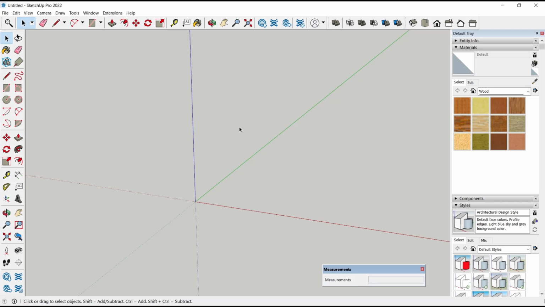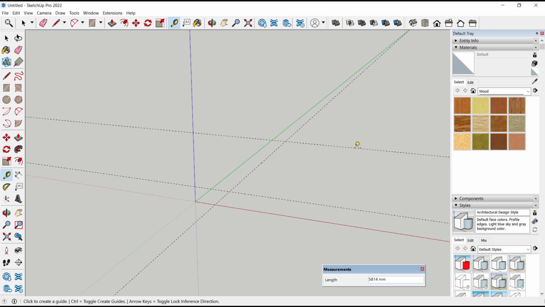To use tape measure marks, you can click at this icon and then click from this red axis into here, to create marks or guides for your drawing. And if you want to erase this mark, you can select it, right click, and then choose the erase tool like this,